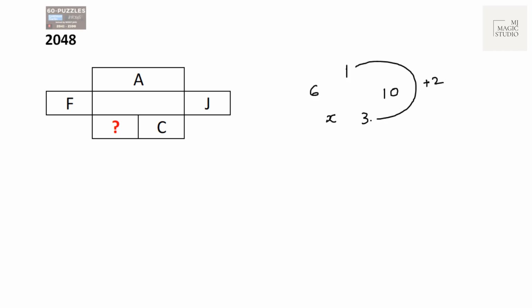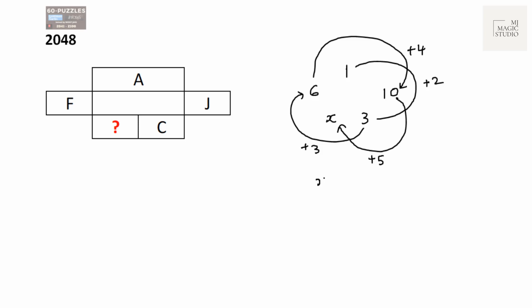1 plus 2 is 3. 3 plus 3 is 6. Very good. Then 6 plus 4 is 10. That means after 10 I'll reach X. That will be 10 plus 5. So the value at this position X should be the 15th letter of this English alphabet, and that is O. Answer should be O. In place of question mark, we should have this alphabet O.